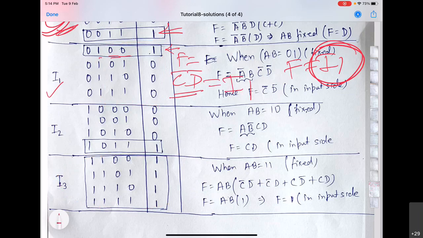Similarly, when you look at the third case, F is equal to C into D. So I2 should be connected to C into D. That means there will be one AND gate which will take C and D as inputs, and it will give the product which will be connected to I2.